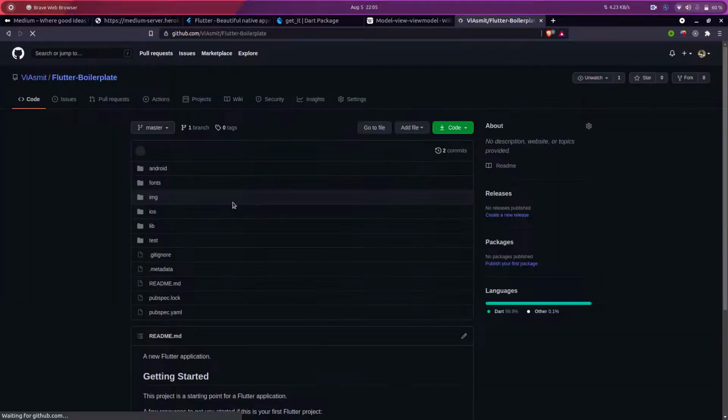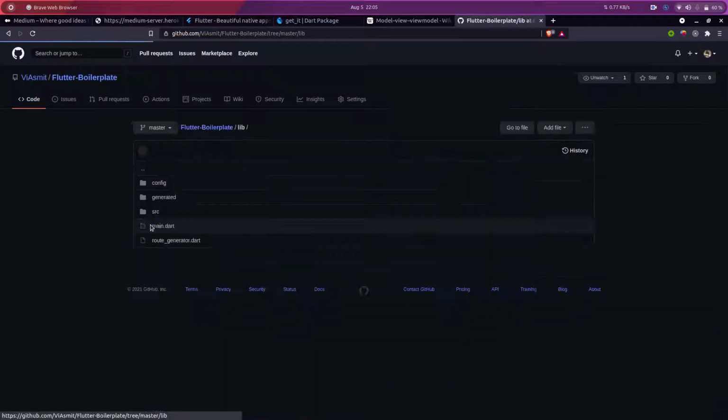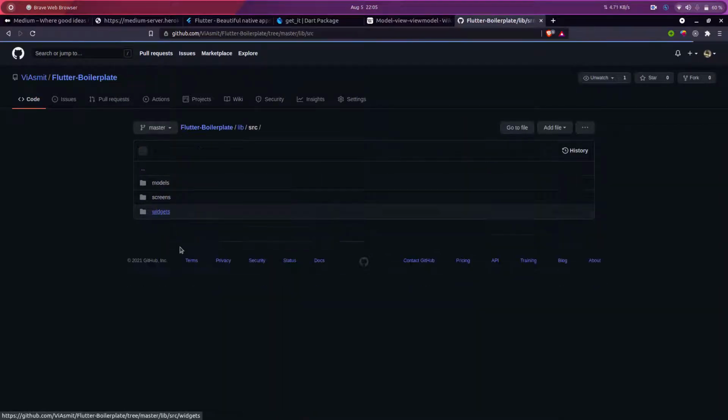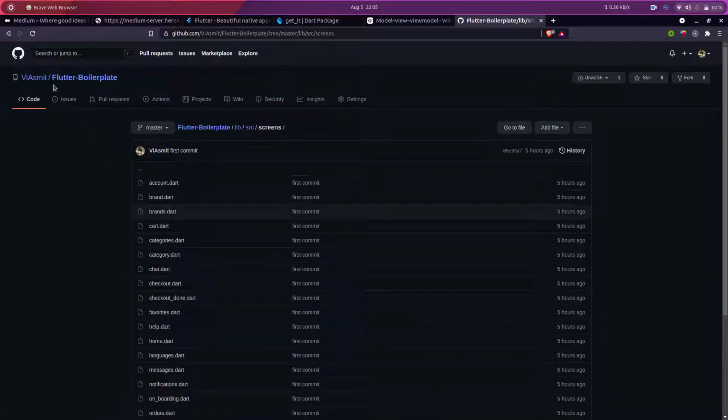Here's the Flutter boilerplate. You can get this Flutter boilerplate. It contains all the code required for the LESS service. I have made all the code, so there will be no coding, but you can use the same for getting started, and then you can use it in all your applications like that.